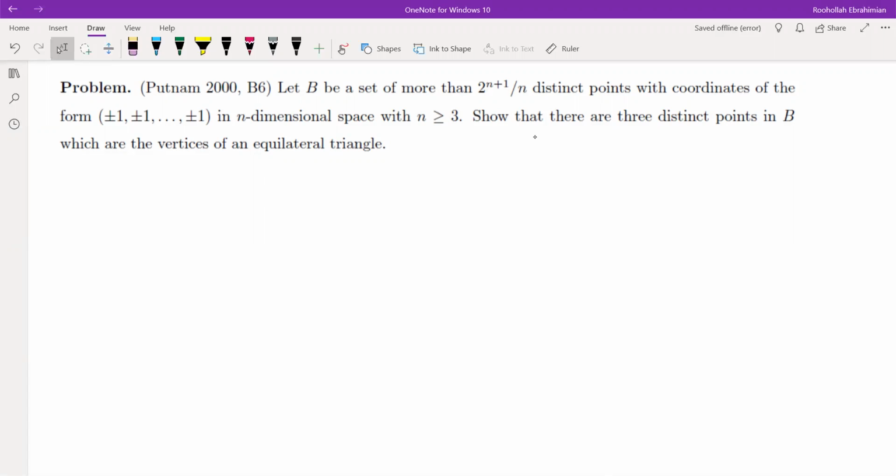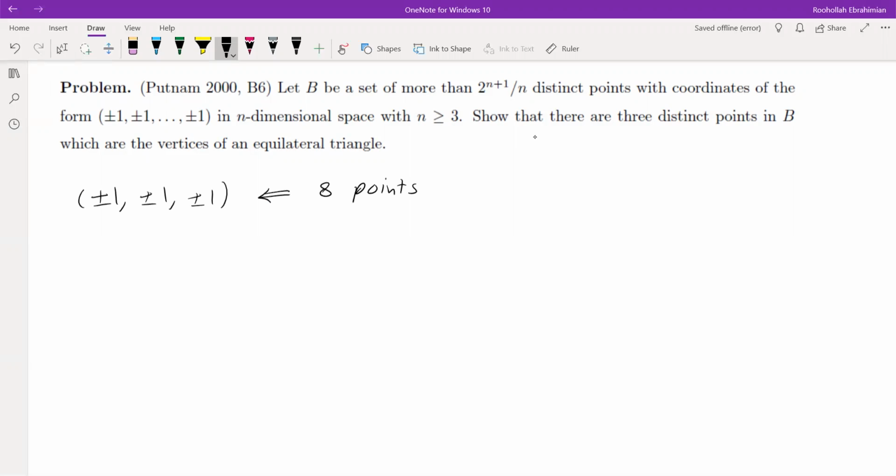So interesting problem. Unfortunately, we can't really test a lot of small cases because the dimension is starting from 3. If the problem were starting from n equals 1 or 2, that would make it a little bit easier for us to at least check more small cases. But given that n is at least 3, we would have 8 points here, plus minus 1, plus minus 1, plus minus 1. So these are 8 points,